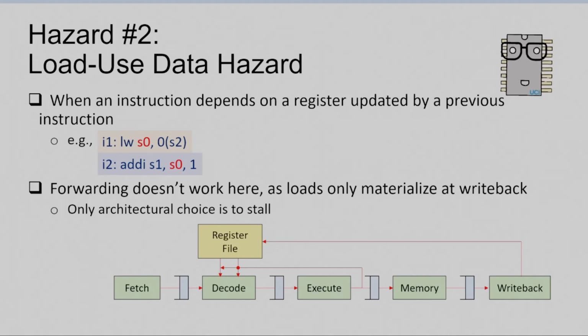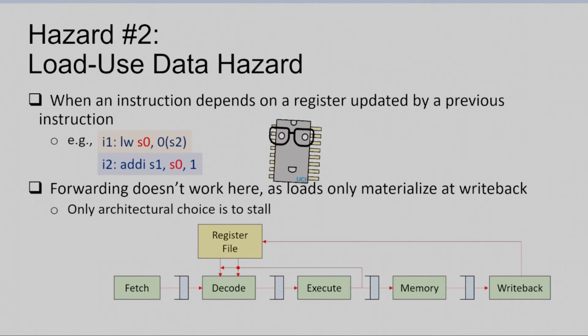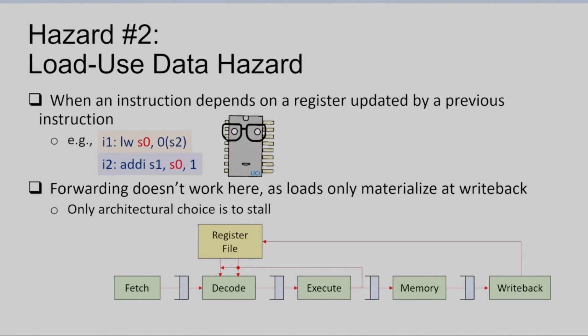But the load use hazard is slightly different because it deals with the situation where a later instruction depends on a register updated by a previous load instruction. So, yeah, when a later instruction depends on a memory load issued by a previous instruction. Here's an example. If instruction 1 loads from somewhere to S0, and instruction 2 uses that S0 value,